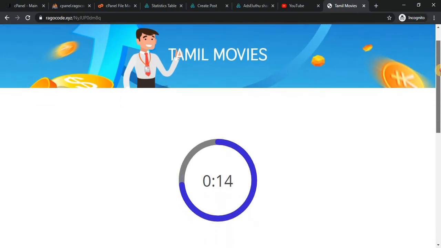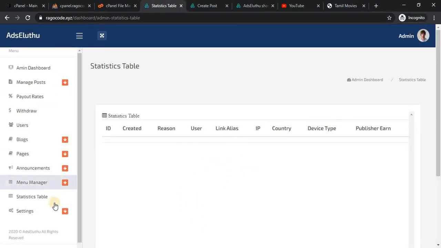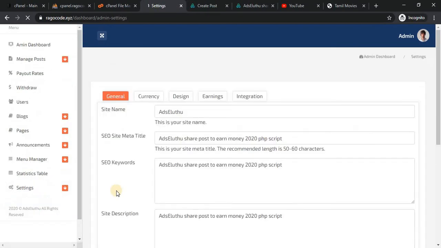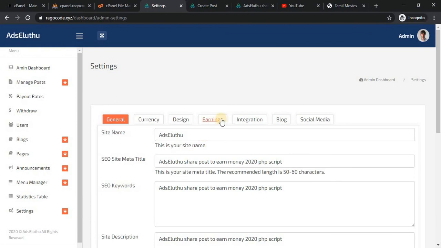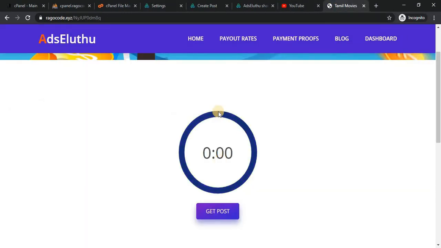You can see the timer. If you want to control how many seconds are displayed here, just click here and set the timer. If you set 40, people will wait for 40 seconds.